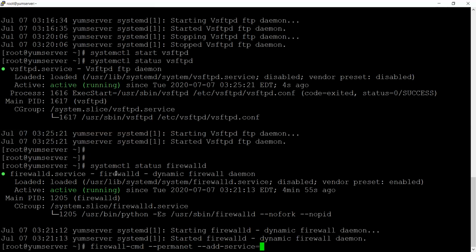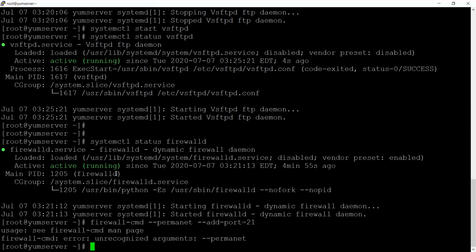Add-port equal to, we need to use the port 21.